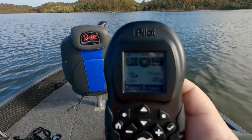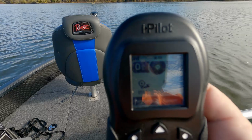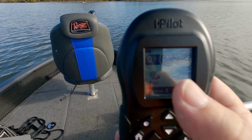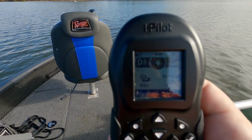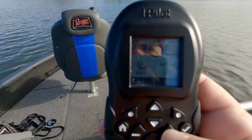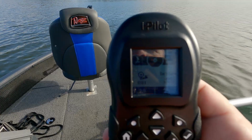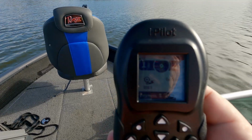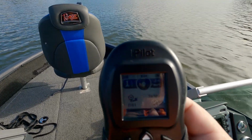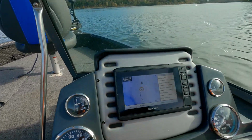Now inside of this setting, right now I'm at half power. You know, we're not even at 1 yet. The prop is turning. It's going to take us forever to get on this track and follow it. So I'm going to give us a little bit more speed. I'm going to put it on 1.5. That should keep us around that 0.5, 0.6 miles per hour. And what you can see here on the graph, because we did a little bit of drifting,